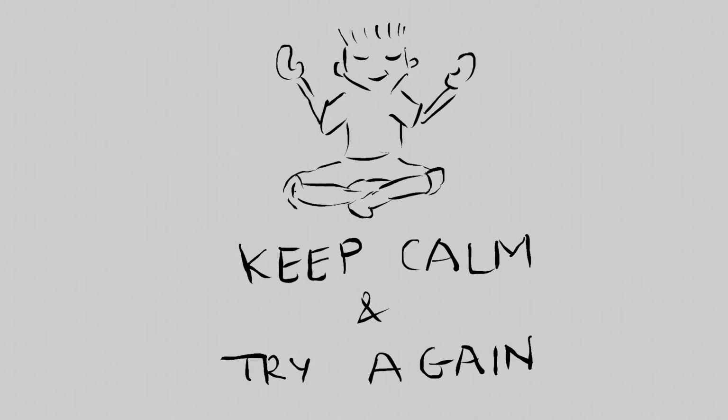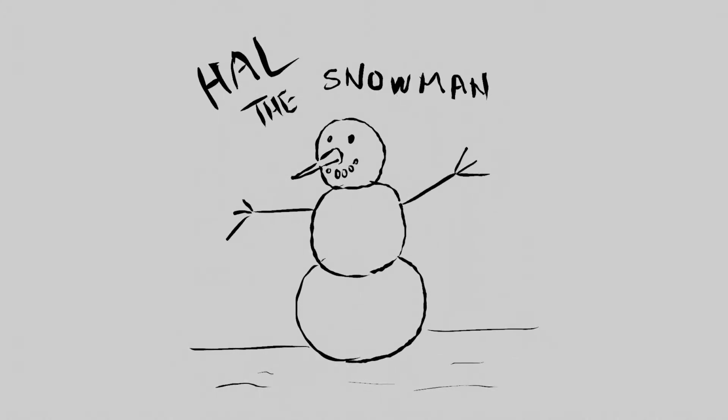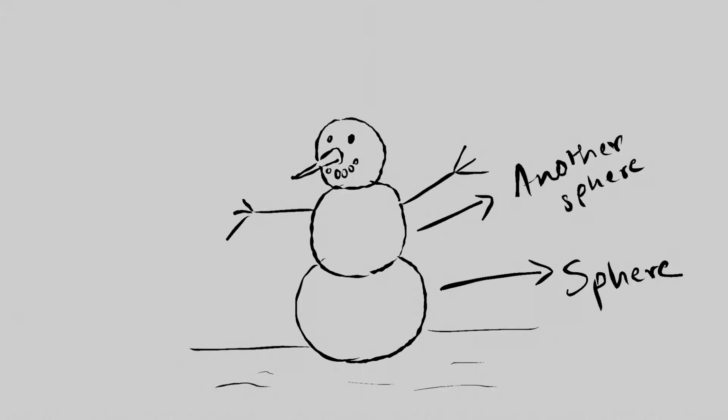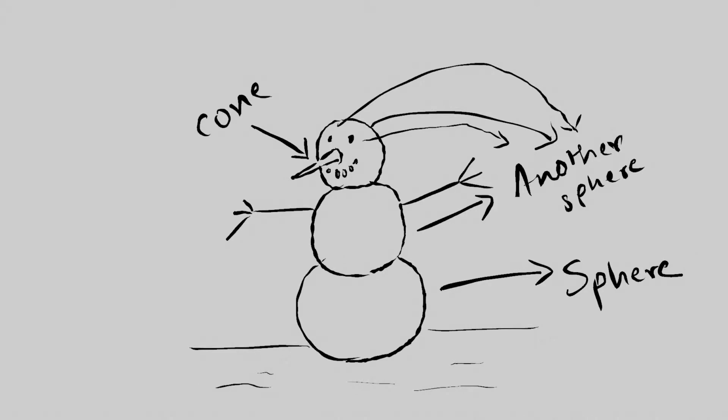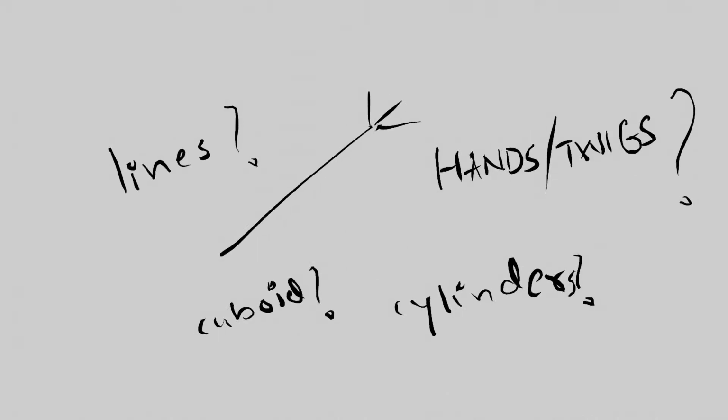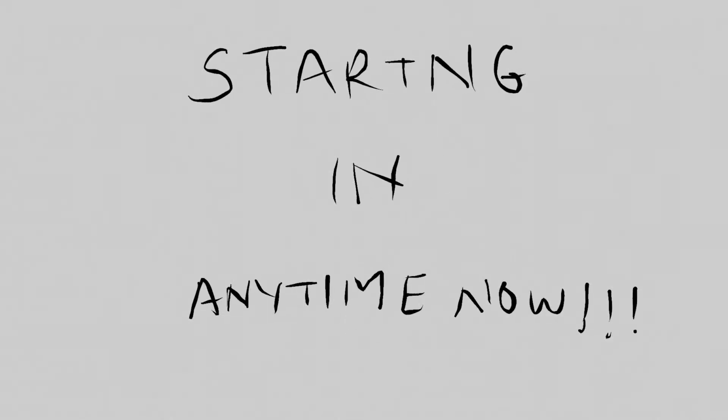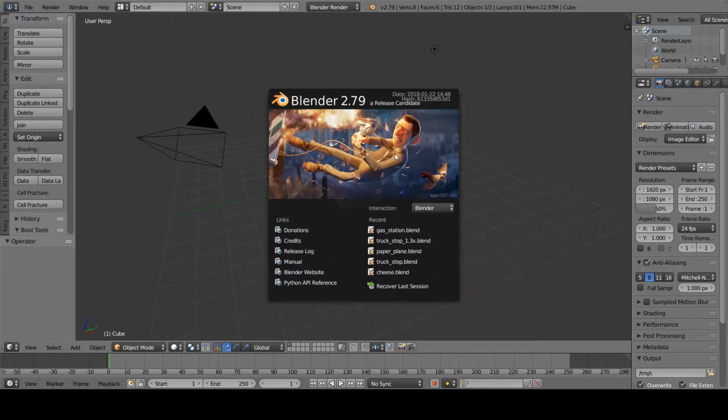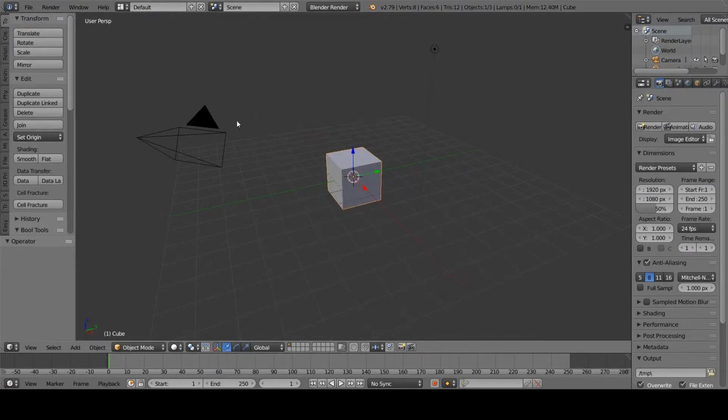Now, if you look at Hal, you will see that he's made up of a sphere, some other spheres, and a cone. The hands, or twigs, are a bit tricky though. So, it's time to go on the field. Let's get started. Alright, this is the basic Blender screen, and if you click on it, you'll see the default